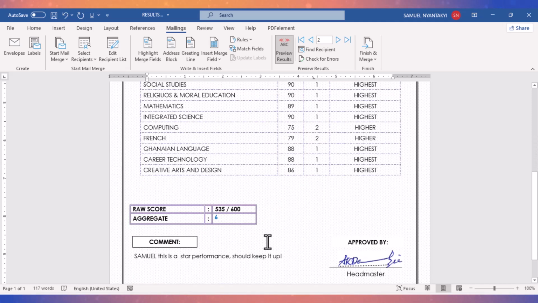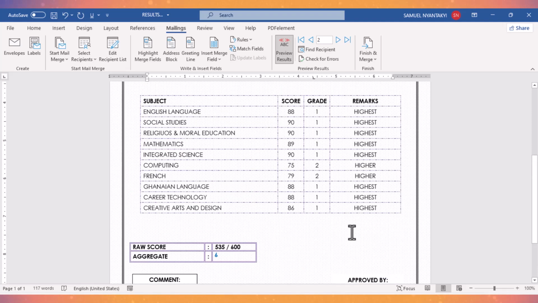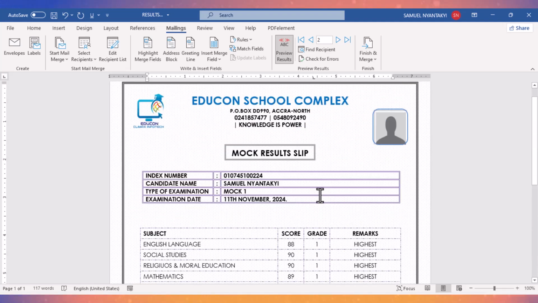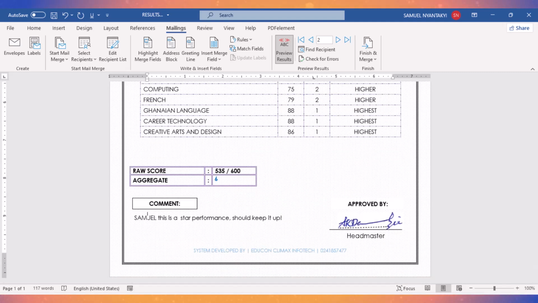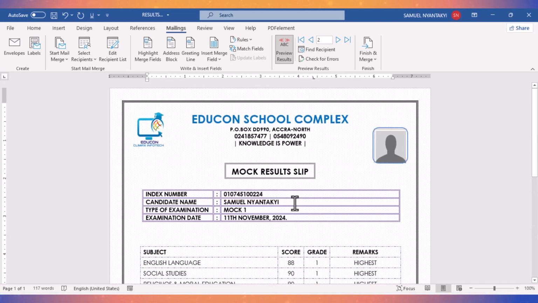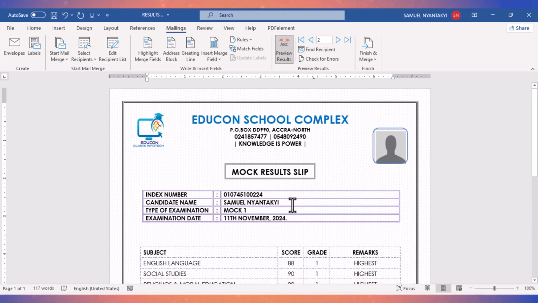So something, put in the comment. And the moment you change the name of the school, these details I'm talking about, and the signature, it will appear on all the report sheets or the result sheets. When we are done producing